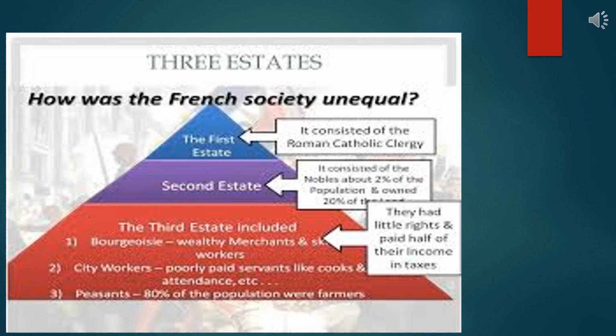From the above explanation, it must now be clear to all of you that most of the tax amount was collected from those who had very little to pay. Because of this taxation and feudal service policies, the life of third estate people became very miserable. You can also relate this with the picture in the previous slide, where a man symbolizing the third estate carries the weight of two persons symbolizing the first and second estate respectively.